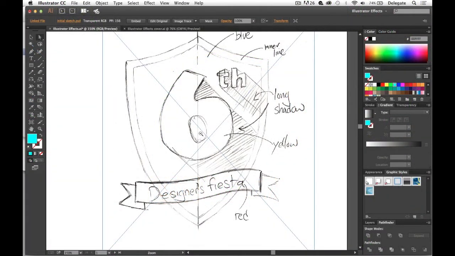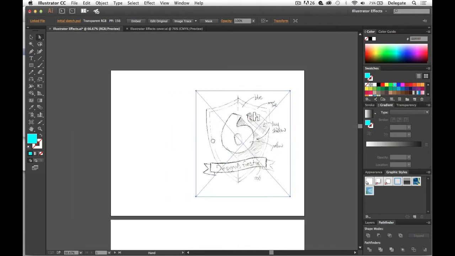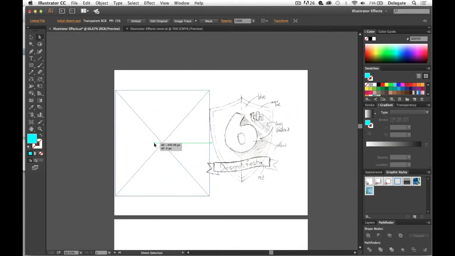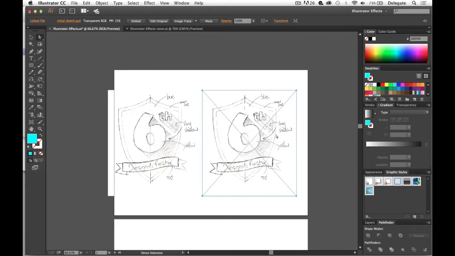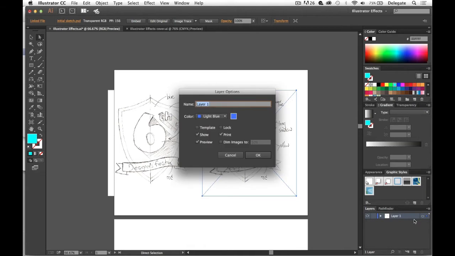This is how I'm going to start. I'm just going to zoom out. I'm just going to make a quick copy of this so I can refer to the copy as I'm building on top of the other one. So I'm just going to come into the layers and lock the layer up. I'll just call it ref